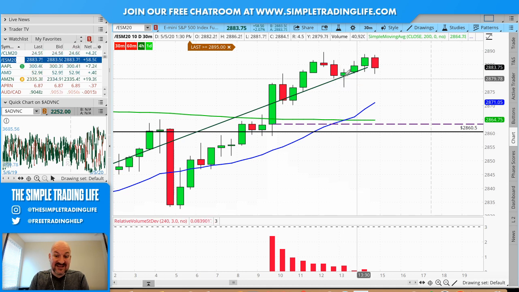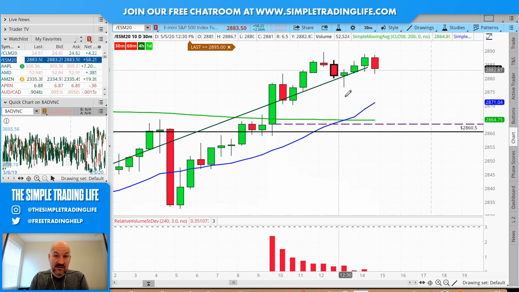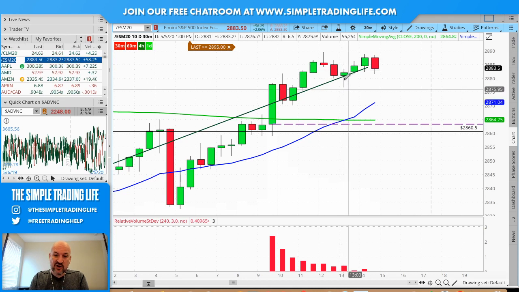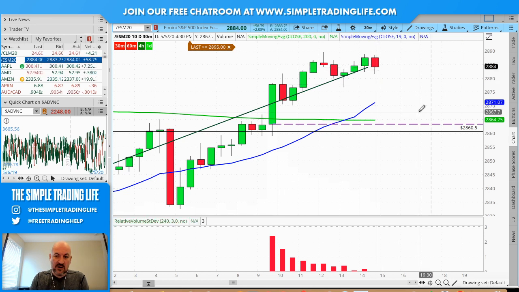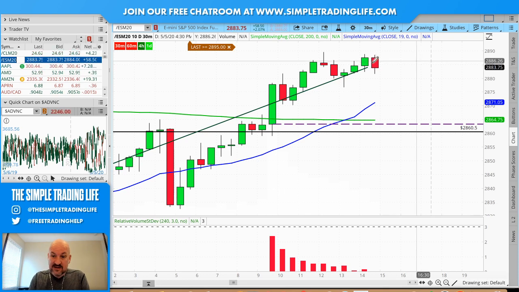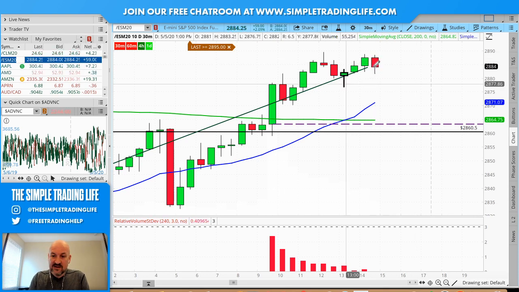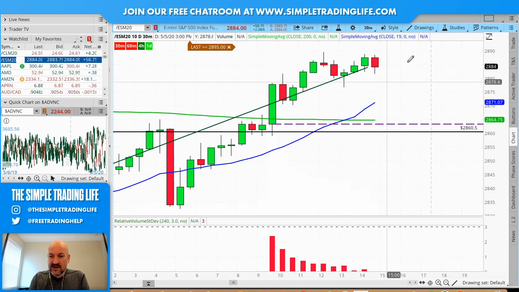Okay, which makes sense in this case for sure, because that's a hammer. This wick, right? This wick could be an obstacle, right? We could move down into this wick and then see some other sort of bounce before it tries to go lower, or it could support it and we could triple top, right? It could get down into this wick, okay, support it, come back up, and then triple top and then move down,